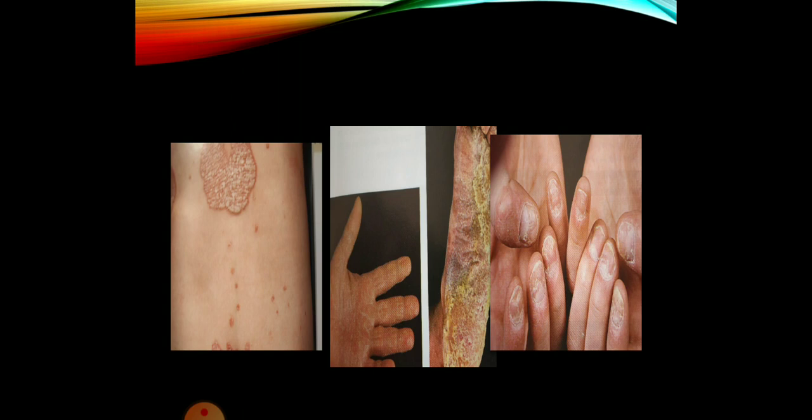These are the lesions where you can see multiple pictures, but it's the same disease happening in different patients. On the right-hand side, it's basically a plaque type of psoriasis, whereas the middle one is showing the palmoplantar variety of psoriasis, where the scaling is more, it's keratinizing lesions, and the nails are involved, all the nails are involved, and hence it can be due to psoriasis or can be due to lichen planus.